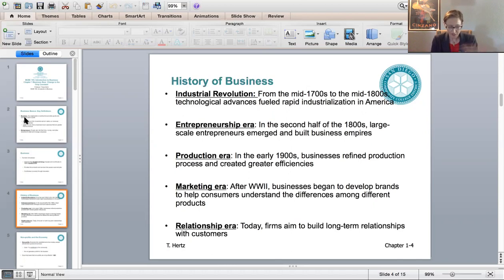Today, we've shifted away from producing something and then pushing it out onto consumers. Instead, we're more of a pull marketing approach, and we call the era that we're in today the relationship era. We understand the importance of building long-term relationships with consumers, because if we meet the needs of the consumers, if we provide excellent customer service, if we give them what they want, the consumers will be able to give us as businesses large-scale publicity by saying good things about the business, by telling their friends, their family, through word of mouth, through social media, et cetera, et cetera.